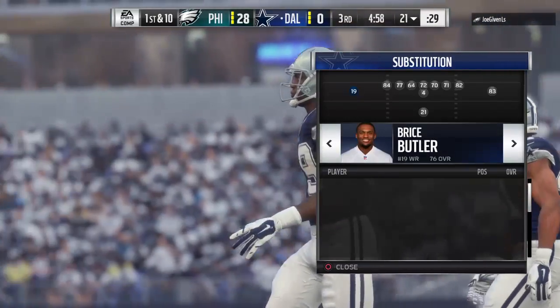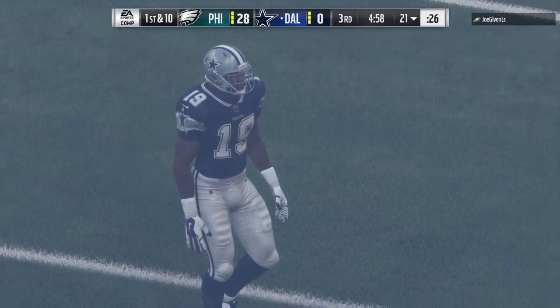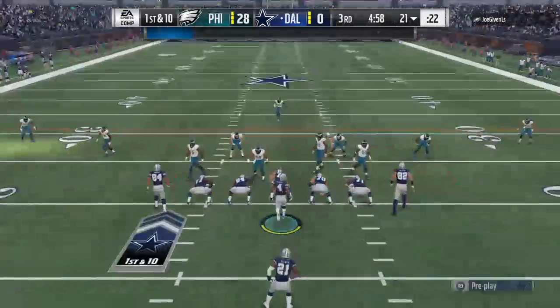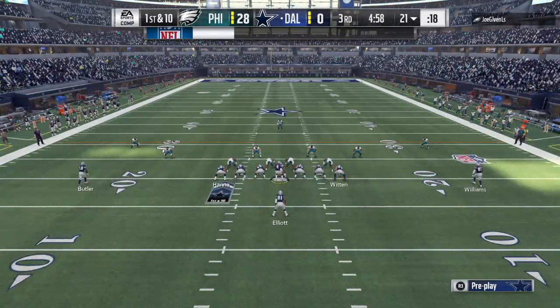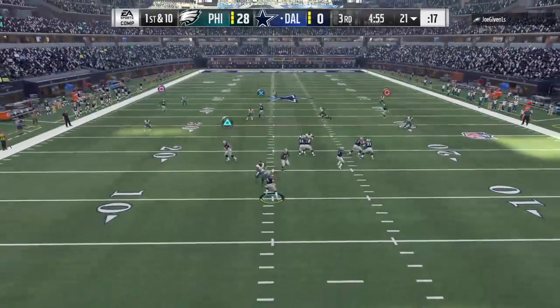And with 3 interceptions thrown already, we'll see. Do they rely more on the ground game here? They may have to change things offensively to try and settle things down, not just for the guy throwing the ball, but for the rest of the offensive unit, because their confidence has to be shaken a little bit. And you just wonder, is the backup going to...